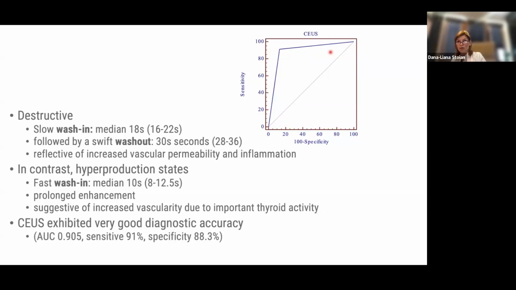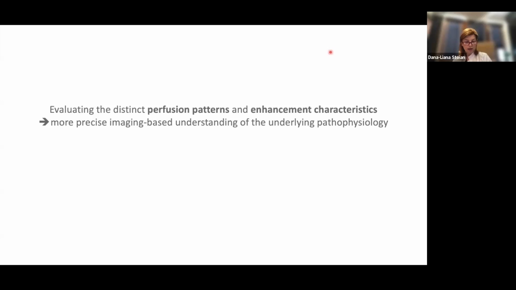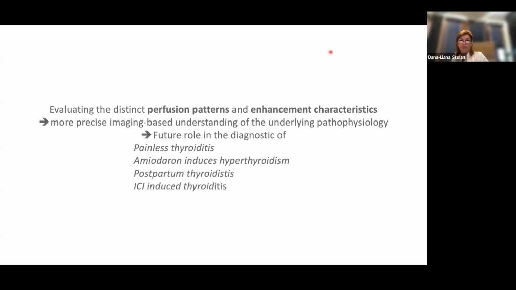And when we use these parameters, the diagnostic accuracy of differentiating between hyperproduction and destruction, meaning from the clinical point of view to treat or to follow, and if it's fever and pain, to give corticoids to control it, is instant. You need less than 10 minutes to reach the positive diagnosis of the patient. So actually, perfusion parameter evaluation and looking deeper into the enhancement characteristics of the contrast in diffuse thyroid disease gives you added diagnostic value in understanding the underlying pathology in front of you, and has to have a place in the positive diagnostic, especially of destructive